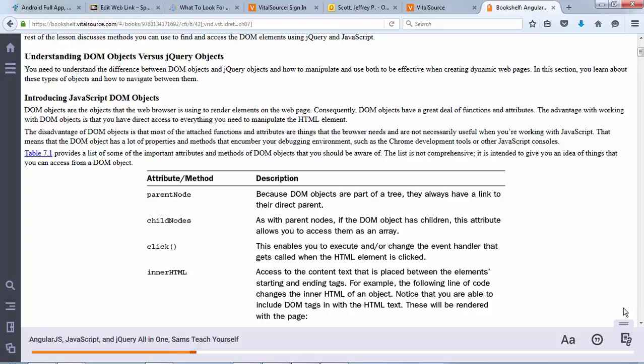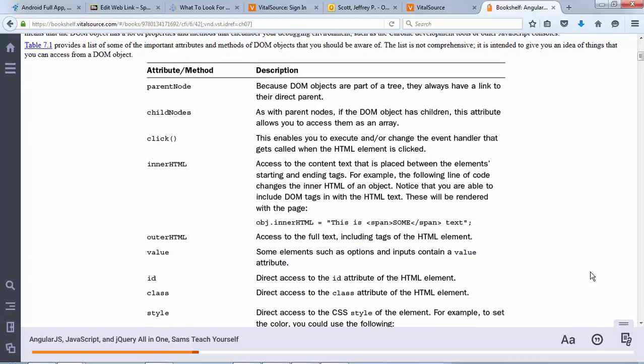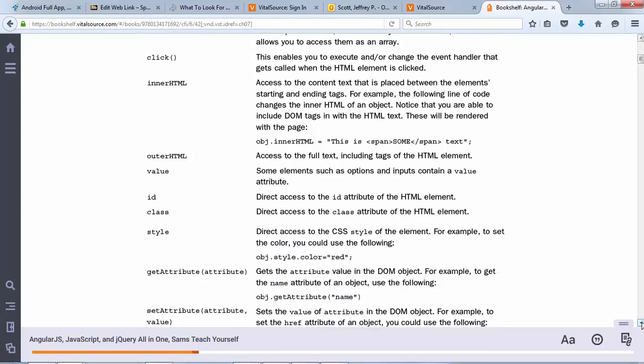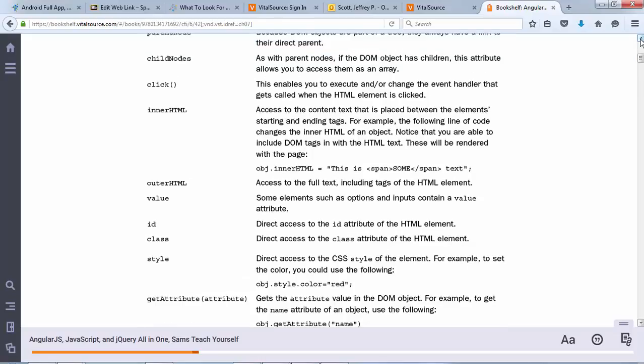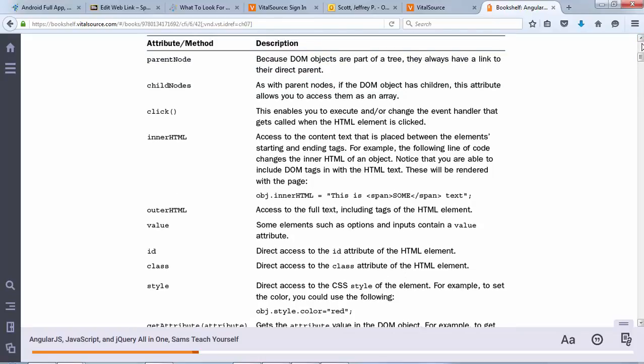The advantage of working with DOM objects is you have access to everything. That's also one of the disadvantages, as we'll see just a little bit. So, the table that you see here, I can show you most of it, maybe just about all of it. Close to it. As they say, these are some of the more commonly used attributes and methods attached to